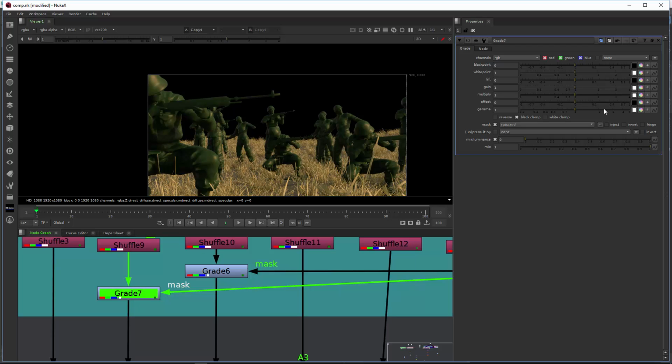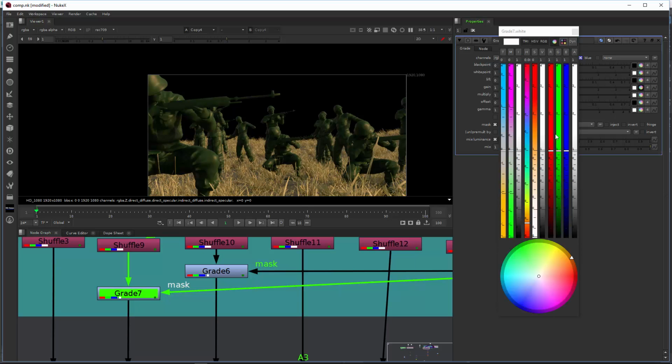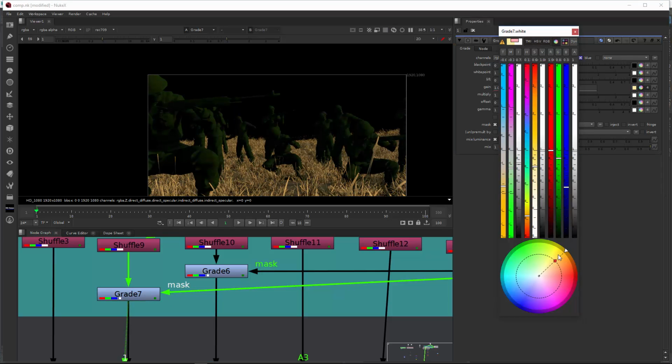And if I now control click on the gain and I just multiply it with a different color, you can see that the overall color for the soldiers change. And I can tint them in any color I want. If I check only this node, you can see what's actually happening. So let's say we want, for this tutorial, let's make them a bit more navy blue. I guess something like this, and increase the saturation a bit and increase the value a bit more, like so,